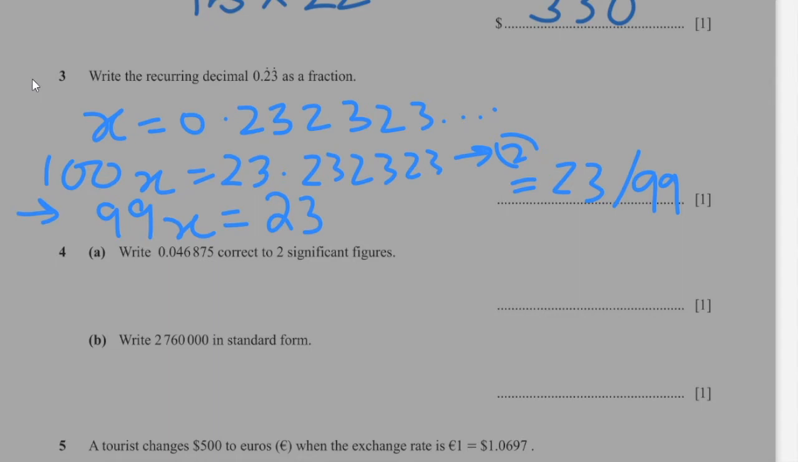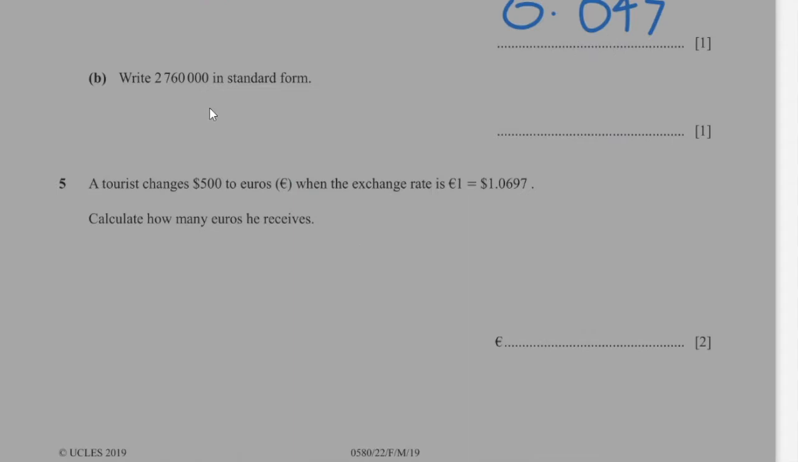For A, write 0.046875 correct to two significant figures. So you round the second number, which is 6 over here, and we'll round it to 7 because the next number is above 5. We're not going to be writing these numbers since this is a decimal number, so writing 0.047 is going to be enough. B, write